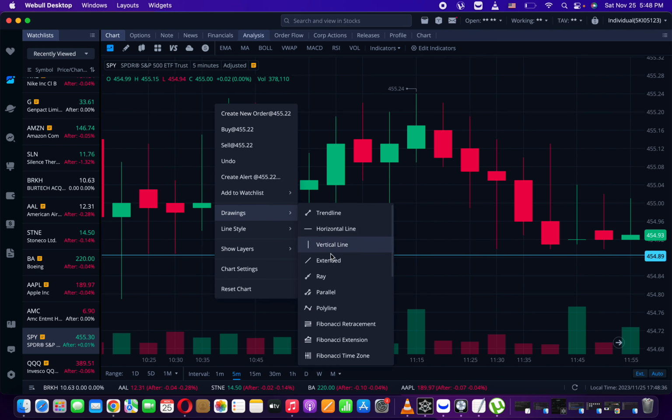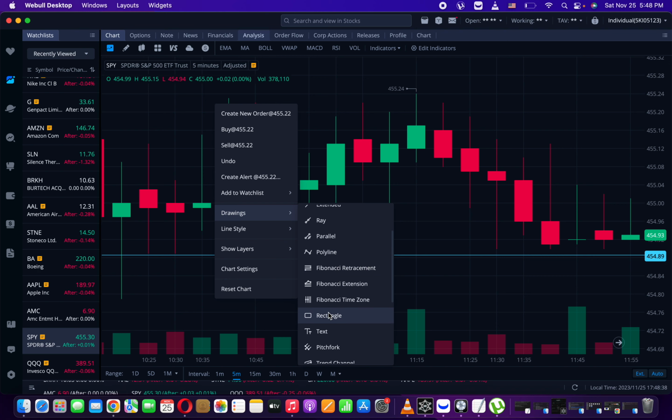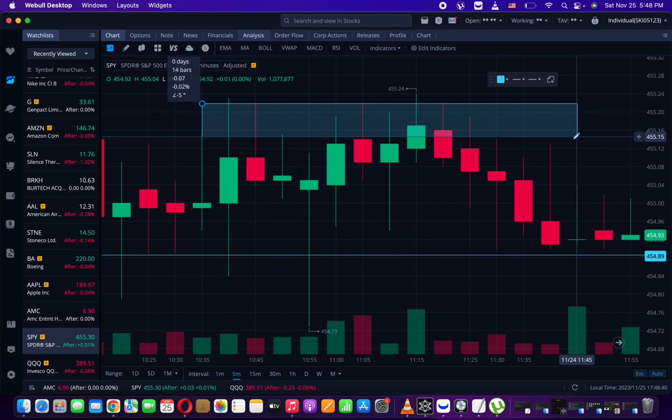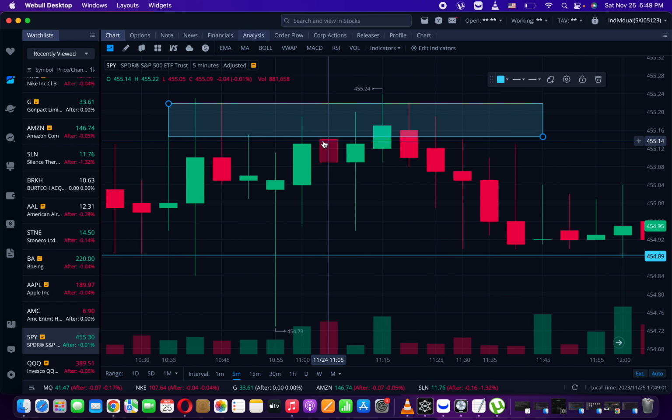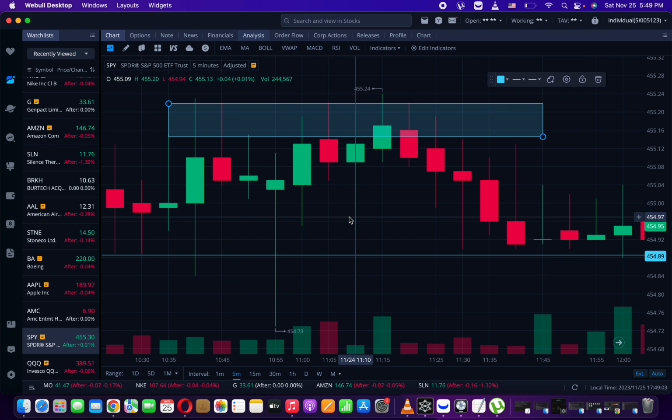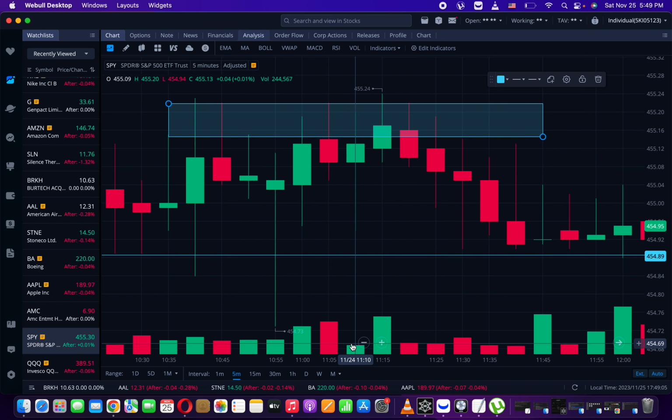I'm going to just draw a little box so that we can see that. So we've got a lot of passive sellers in this range, which would indicate that there is a high amount of supply up here. And the market makers, the people running the show, they're not going to want to push the price up, because if they push the price up, there's going to be tons of people trying to sell at this price. Okay? So we move on, and then we have a candle with a really low amount of